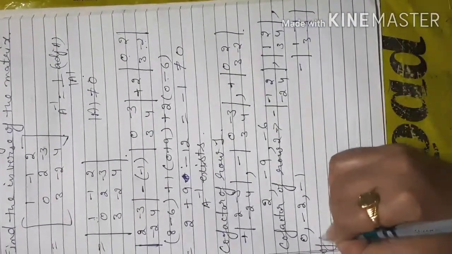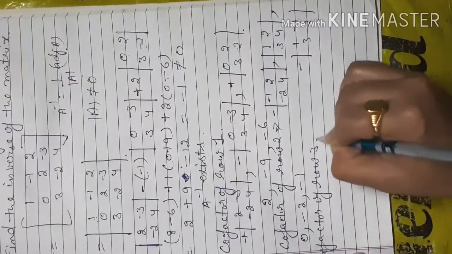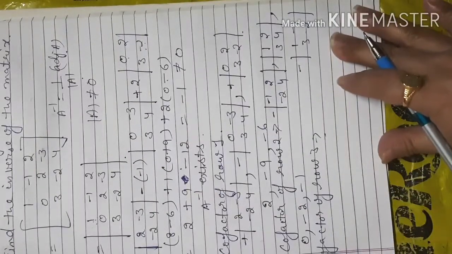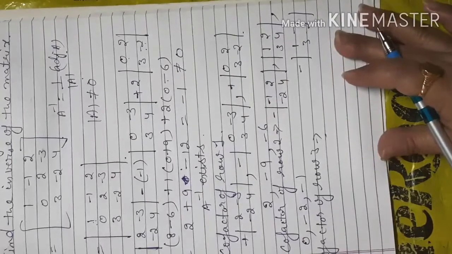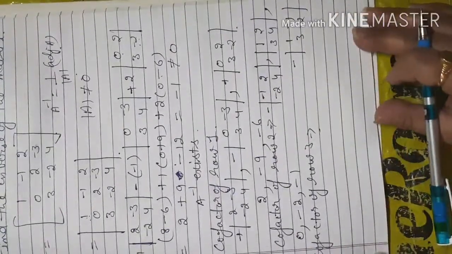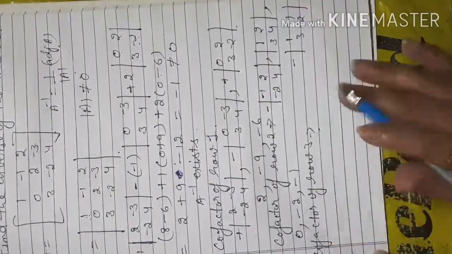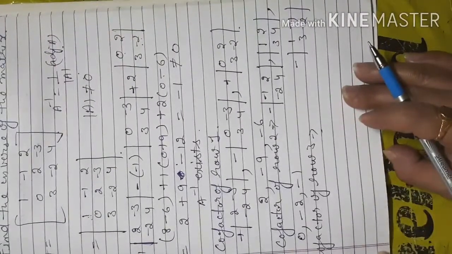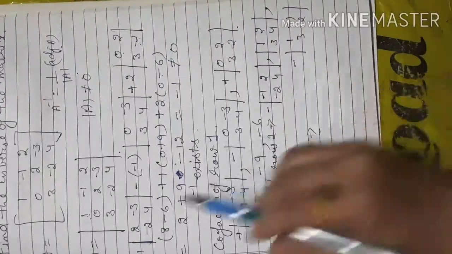Now the cofactors of the third row. I am writing quickly here because in my last video I already explained how to find the adjoint of A, and for finding A inverse we also need the adjoint of A. I am writing directly because I thought you know very well how to find the adjoint of A. We discussed many questions on the adjoint of A and solved them also. So the cofactors of row 3.